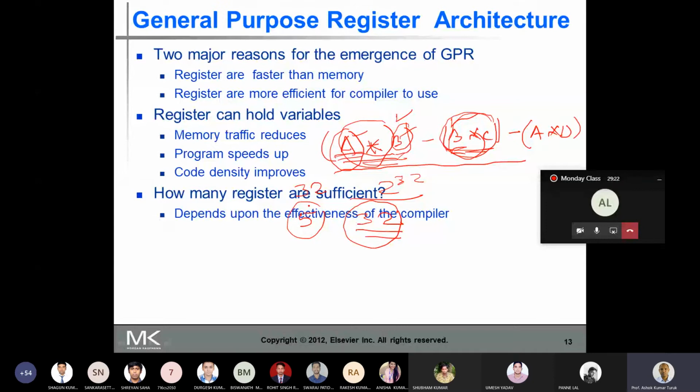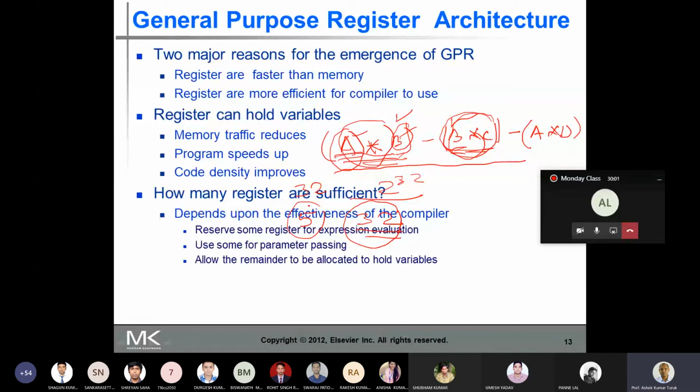And most compilers reserve some registers for expression evaluation. This is what the majority of compilers do: from the available register set, the compiler reserves some registers for expression evaluation, and some registers for parameter passing, and whatever is remaining is allocated to hold the variables.